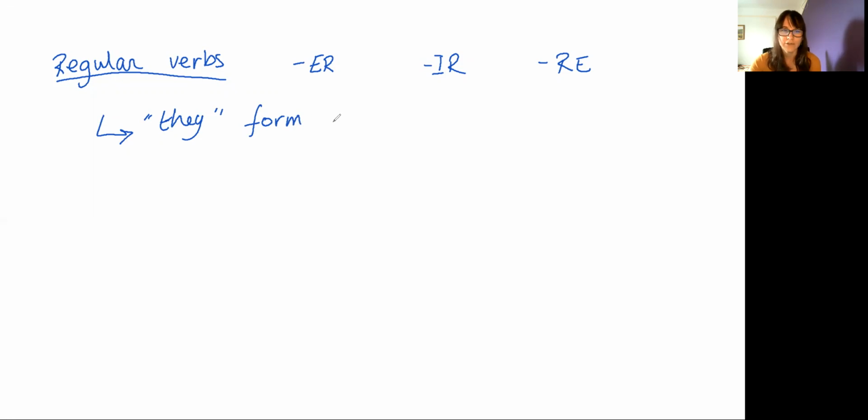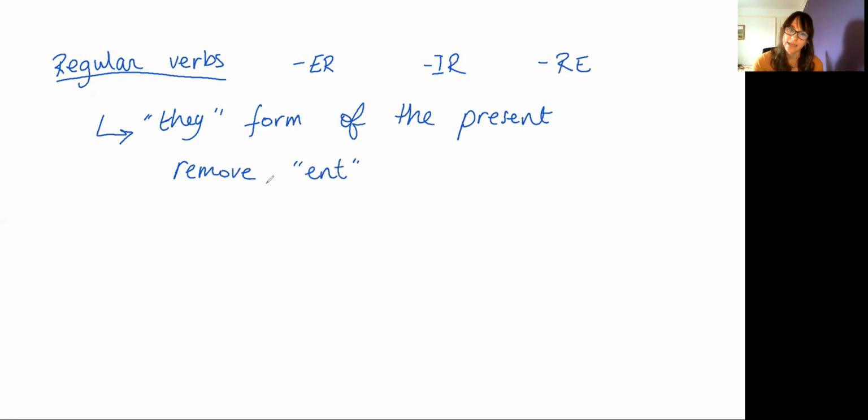Here, for the subjunctive, we're using the they form of the normal present tense. You're going to remove the ENT ending, because there's always an ENT ending, and you add the normal subjunctive endings, which are